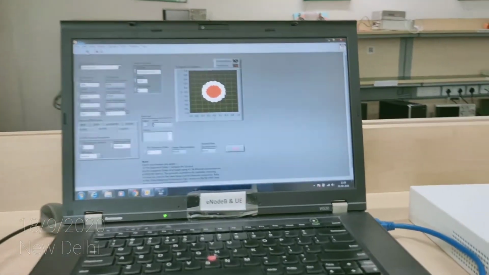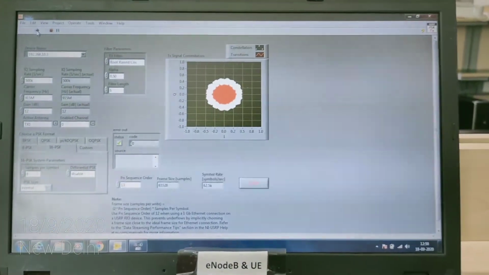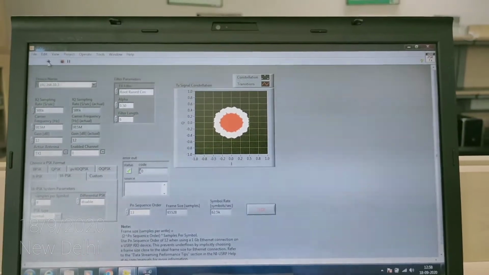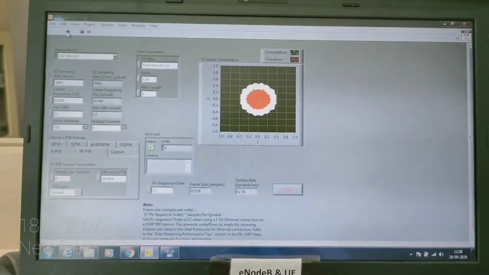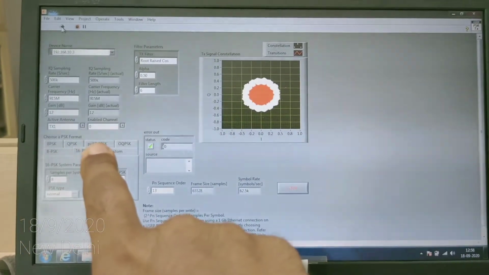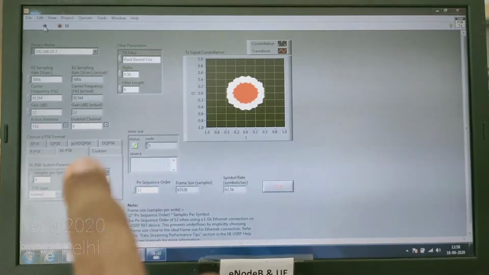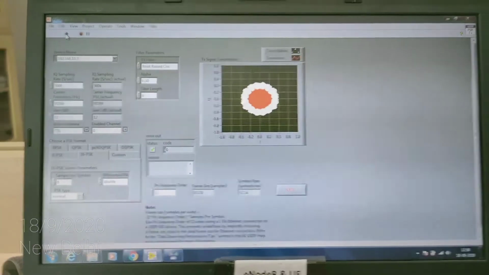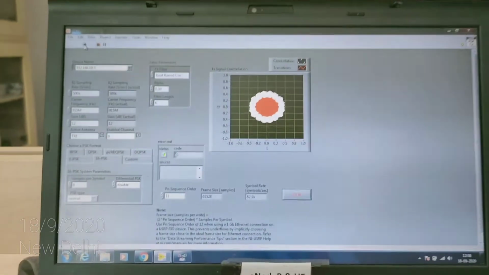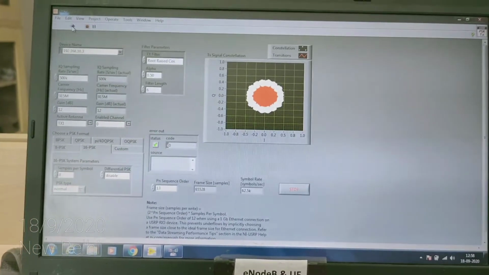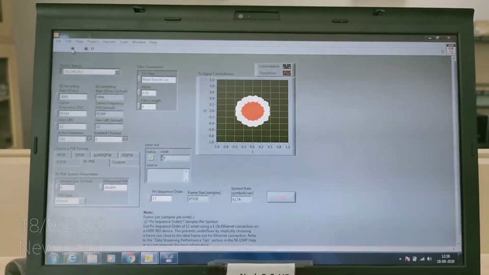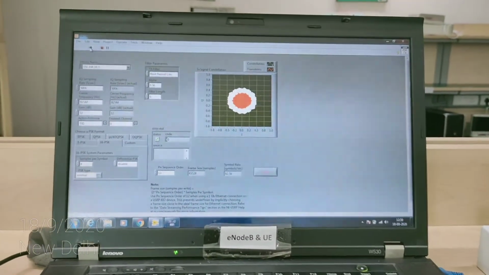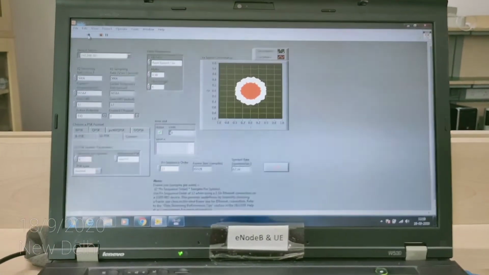Now you can select. This is a basic example code which I have run on this system. It is a PSK transmitter code. Here you can see it has BPSK, QPSK, pi by 4 DQPSK, then OQPSK, 8 PSK, then 16 PSK. So a number of PSK formats are there, right? You have to select the desired one, whichever you want to test. And similarly, on the receiver side, you have to set the same parameters, right?